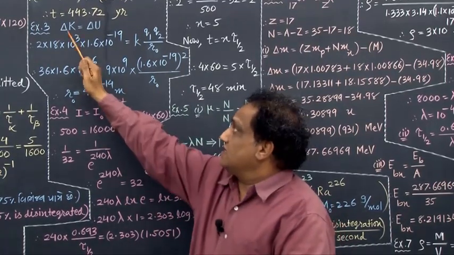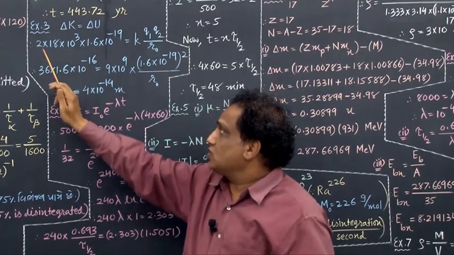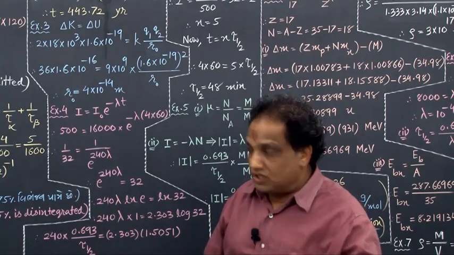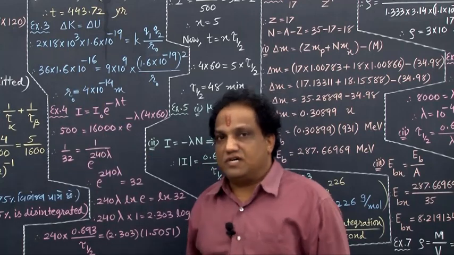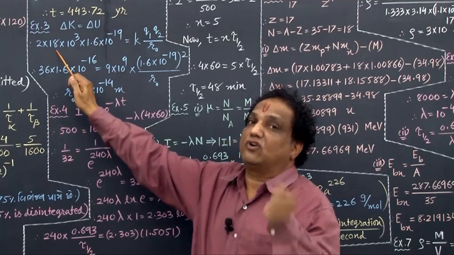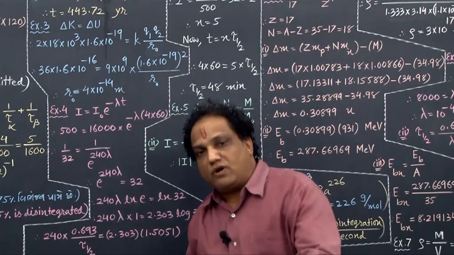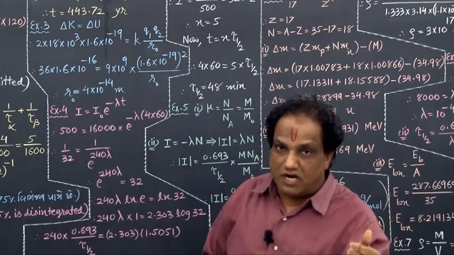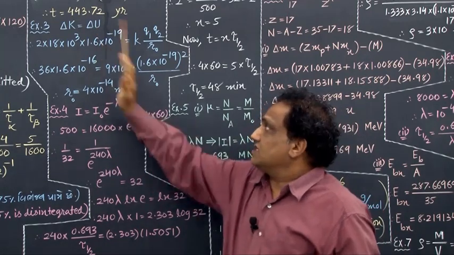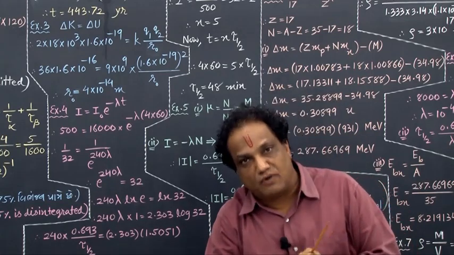Fine. Decrease in kinetic energy is taking place for both the protons. So I need to multiply by 2. Total decrease in kinetic energy is for 2 protons. So I am multiplying by 2. And what is the initial kinetic energy of one proton? They have given 18 kilo electron volt. Convert it into electron volt, multiply by 10 raised to 3. And now convert electron volt into joule, multiply by 1.6 into 10 raised to minus 19. Correct? This is increase in electrostatic potential energy, and that should be equal to final potential energy, because initial potential